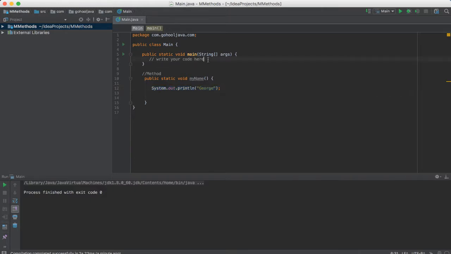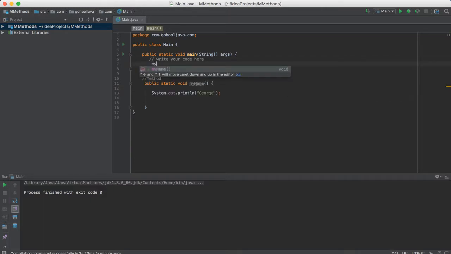So in order to call it, we have to say myName like that, and save. Now we're calling the myName method we just created. Notice we have our parentheses that signify we have a method. If we save this and run, we should see